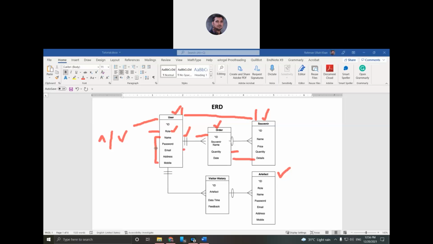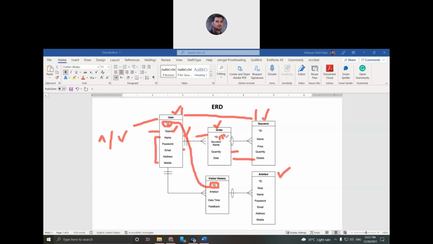The artifacts are linked with the user. In this case, I want to store the visit history of every user. So the ID comes from the user, this one. Here also maybe you can put another ID if you want.